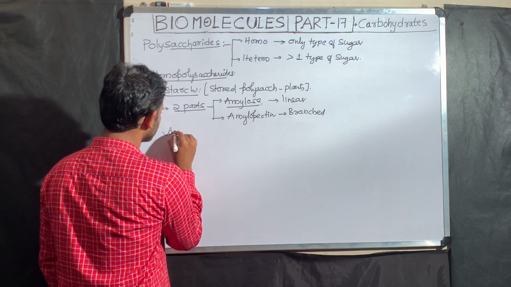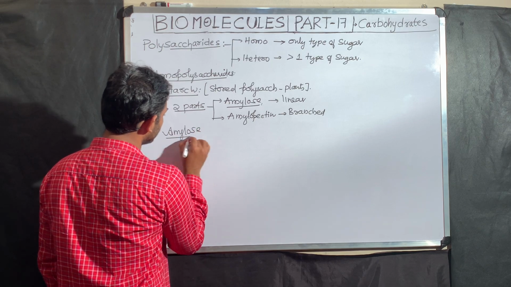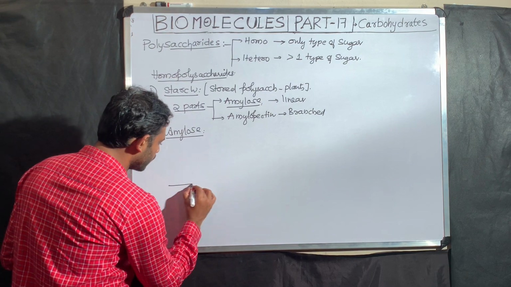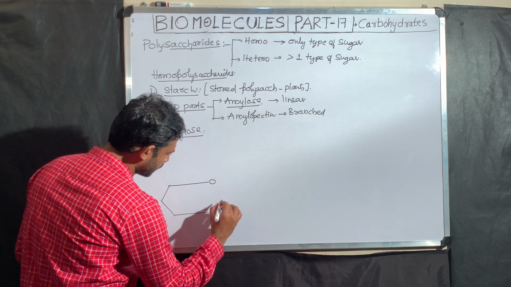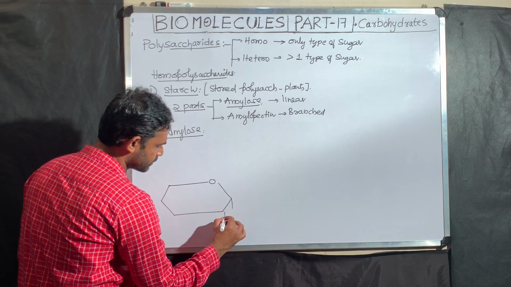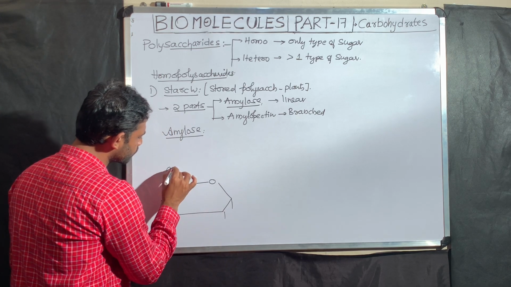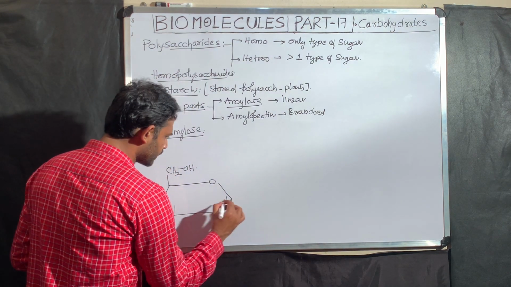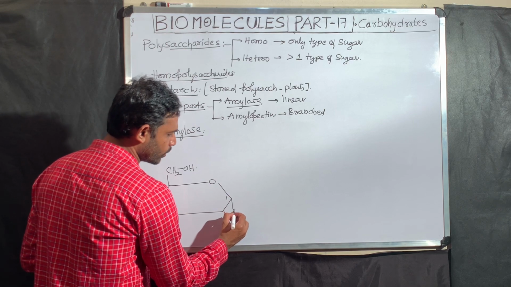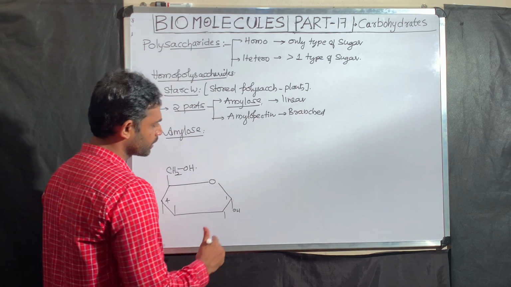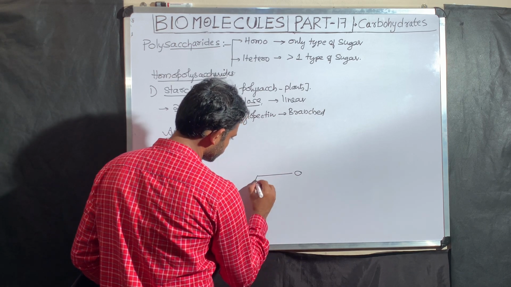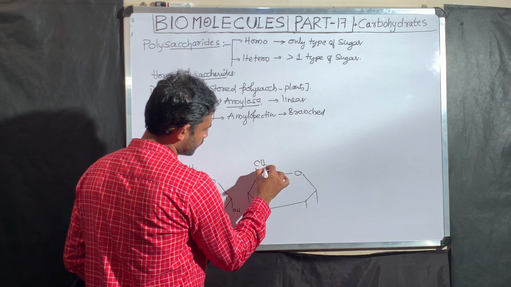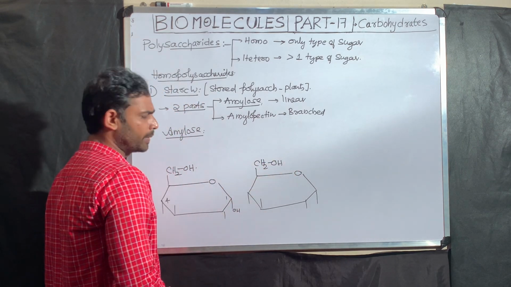Okay. I will make the structure based on this. If you carefully observe, this is the pyranose ring. What is this sugar? This is alpha D glucopyranose. This is the first carbon, this is the fourth carbon. Here it is the OH group. Now all are OH groups. One more I am writing. This is the CH2OH. Same thing, alpha D glucopyranose.